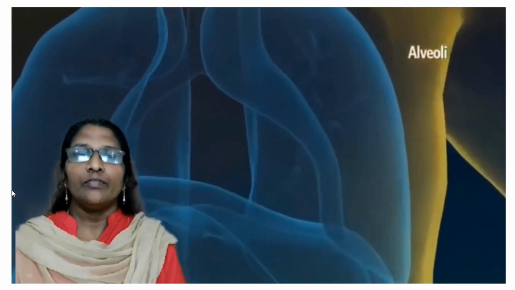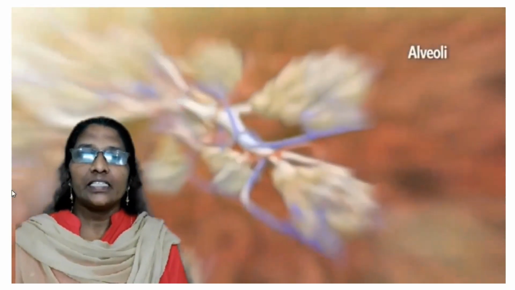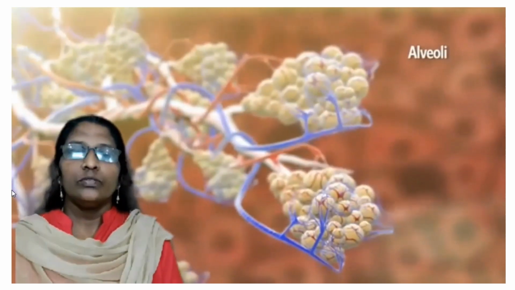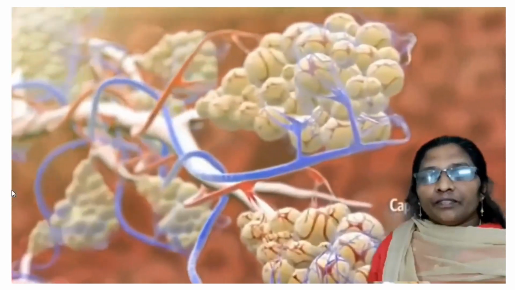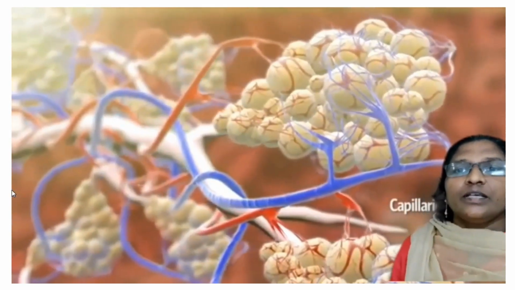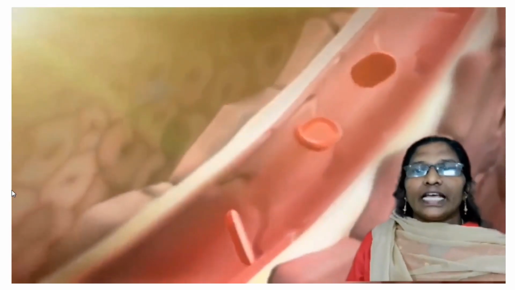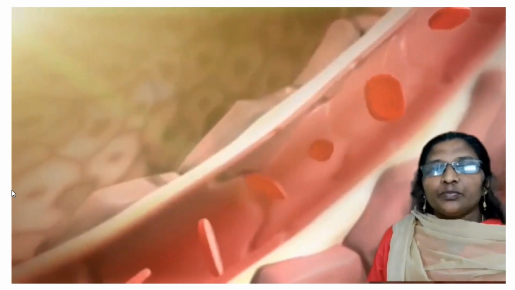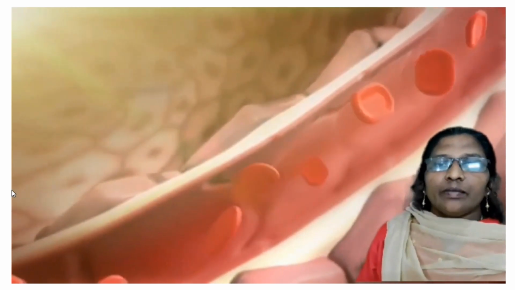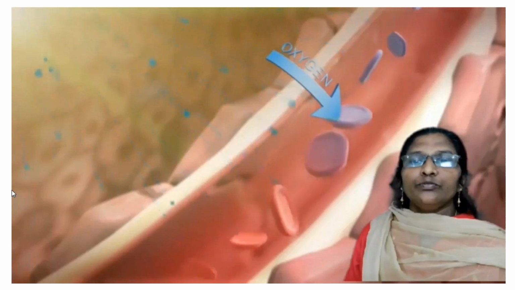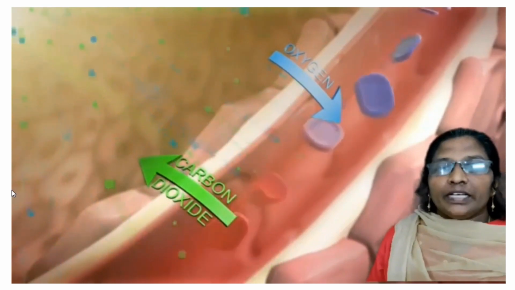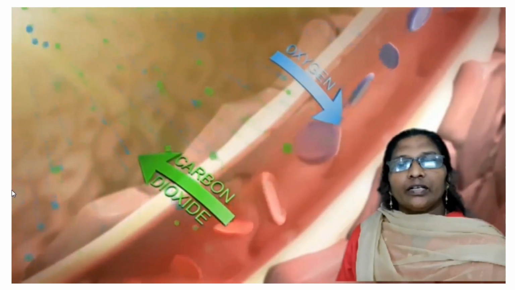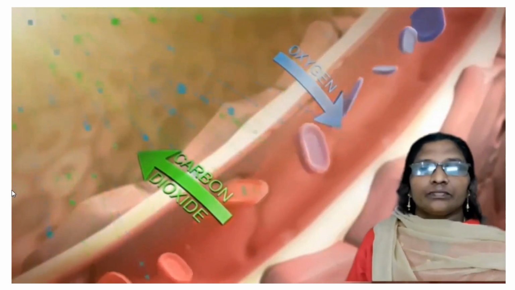On inhalation, air travels to the end of the tube, the alveoli or air sacs. The tiny air sacs are filled with oxygen from the air traveling down the windpipe. Each air sac is covered with capillaries of blood. Within the air sacs, the oxygen enters the bloodstream by a process called gas exchange. Hemoglobin absorbs the oxygen from the air within the alveoli, and simultaneously carbon dioxide and water vapor move from the blood into the alveoli. Thus, oxygen is taken into the blood, and carbon dioxide and water vapor are removed from the blood and given out by exhalation.